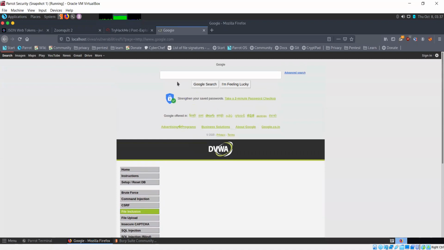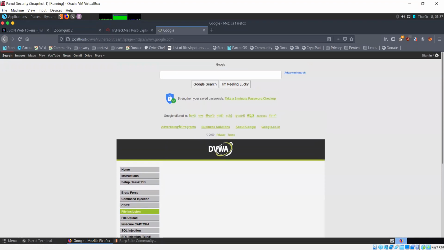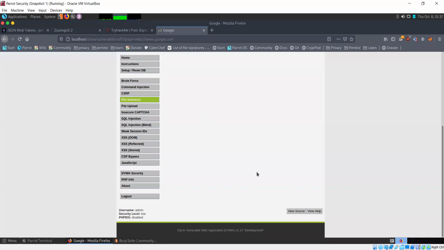So this is a remote file inclusion. When we are trying to include a file that is present locally on the server, that is local file inclusion, and this kind of thing is known as remote file inclusion.